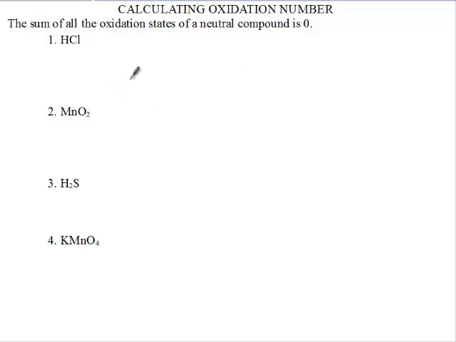A compound is formed when there is a combination of two or more elements. Now, for a neutral compound, the sum of the oxidation states is 0. Now, in our previous video, we learned that hydrogen has oxidation number of +1. Okay, so hydrogen is equal to plus 1. Chlorine is equal to -1. So when we have hydrogen H plus chlorine -1,